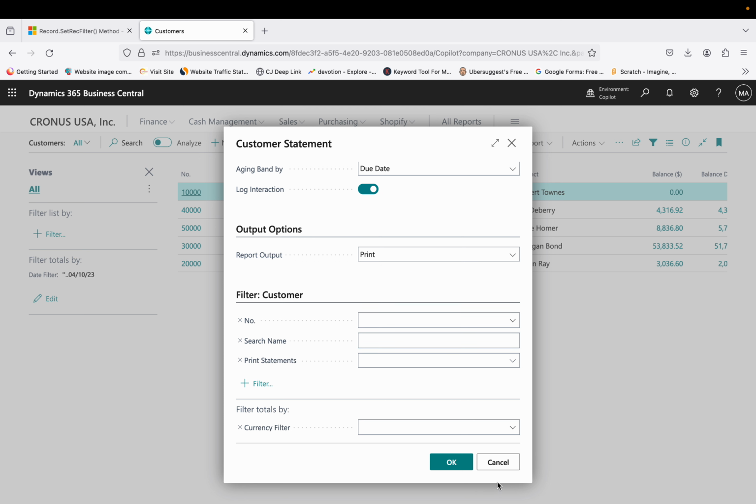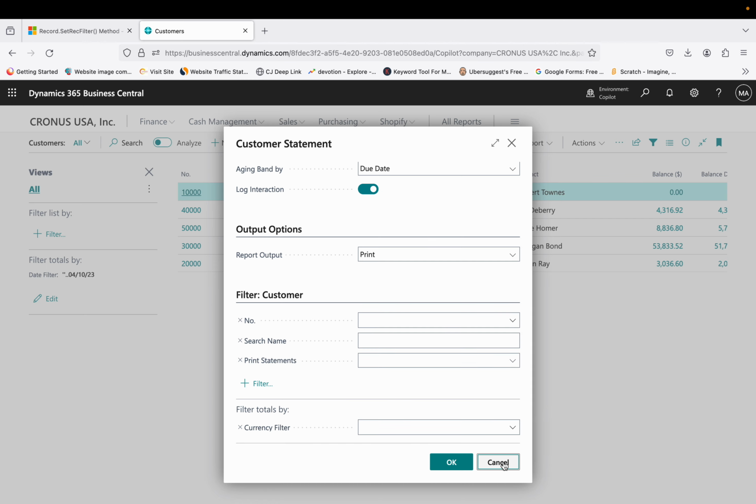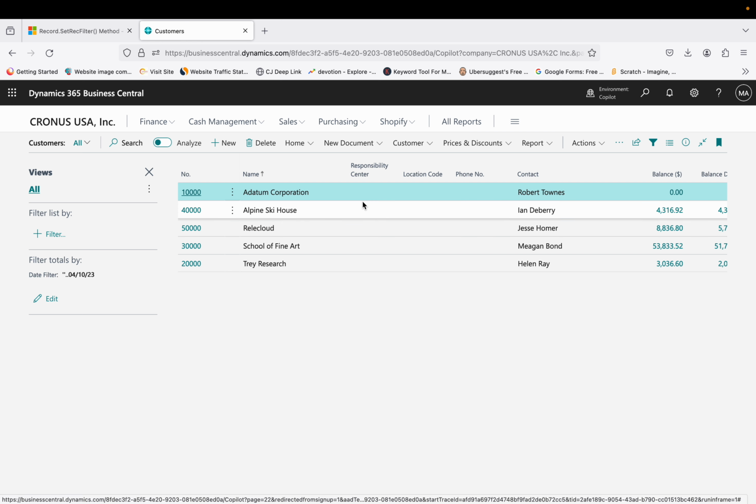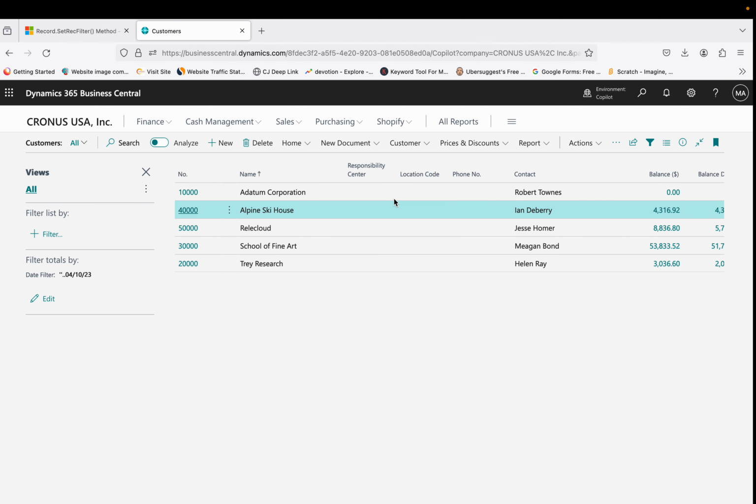But sometimes our requirement is that if you are preparing a document report, the report should get printed for the card the user currently has open. The user doesn't want to add the filter manually every time they run the report, because it is quite obvious that if I am on record 10,000, I want to run the report for 10,000 only, or for 20,000 only, or 40,000 only, right? As we have now seen, SetRecFilter has the capability to automatically set the filter. So what we can do here is,